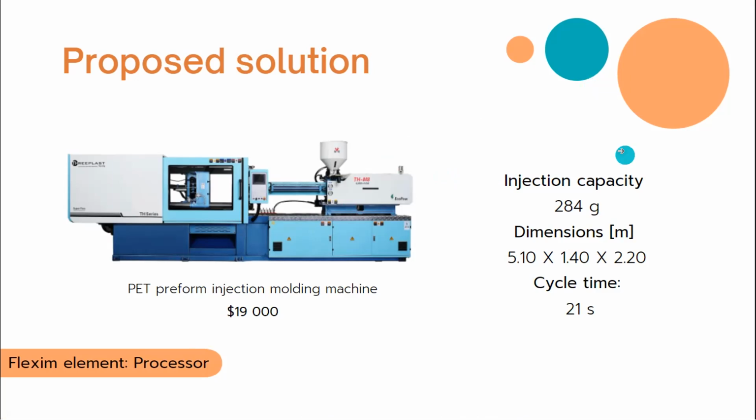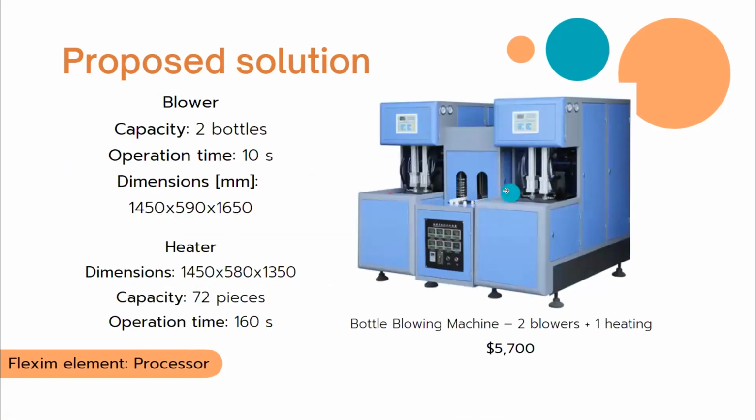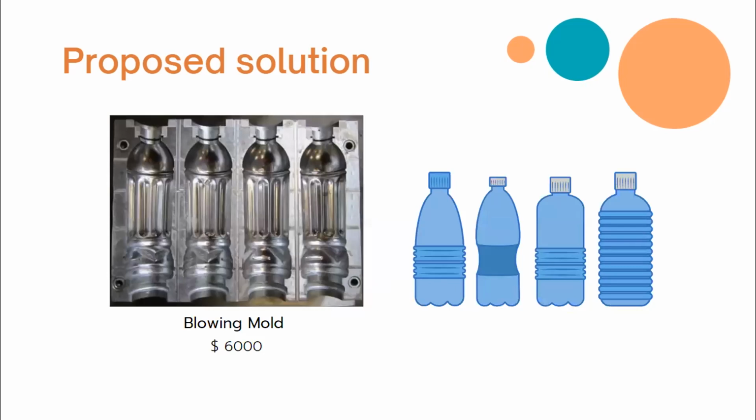Then we have the blower, and the heater comes as one. For each machine we can blow two bottles, and the heater handles around 72 pieces. All of this machine costs $5,700. Next,